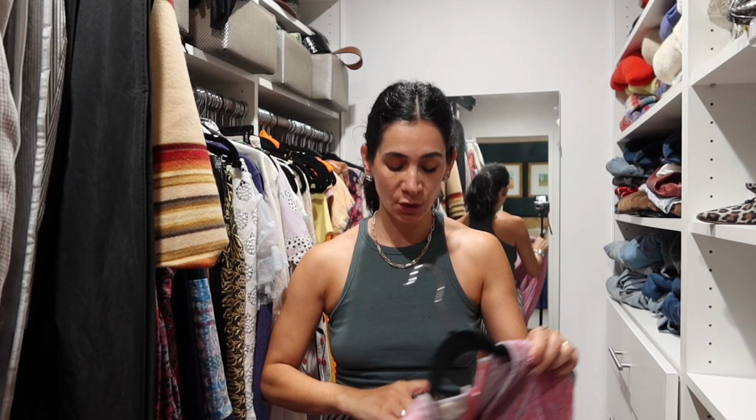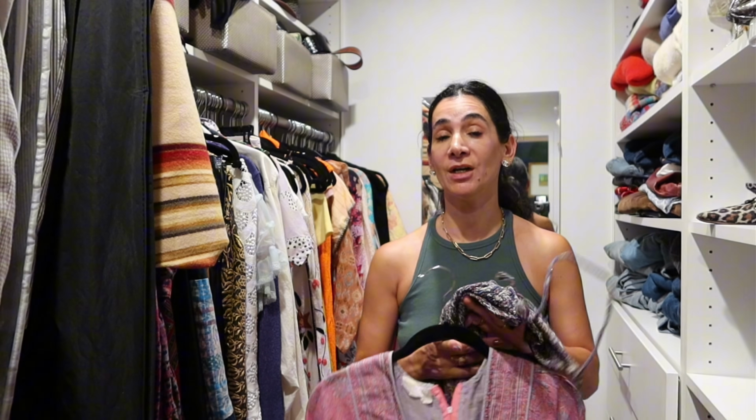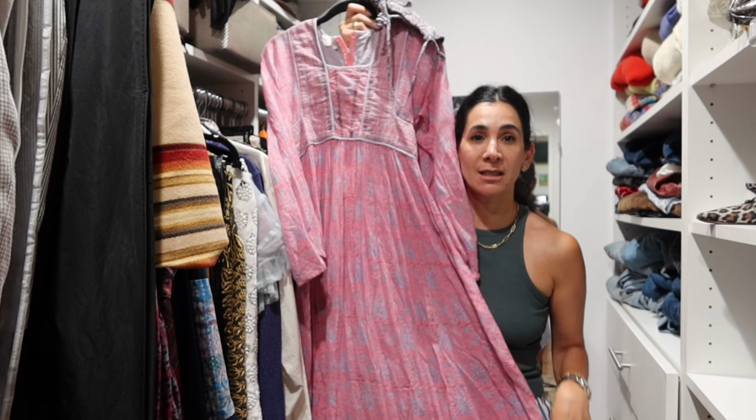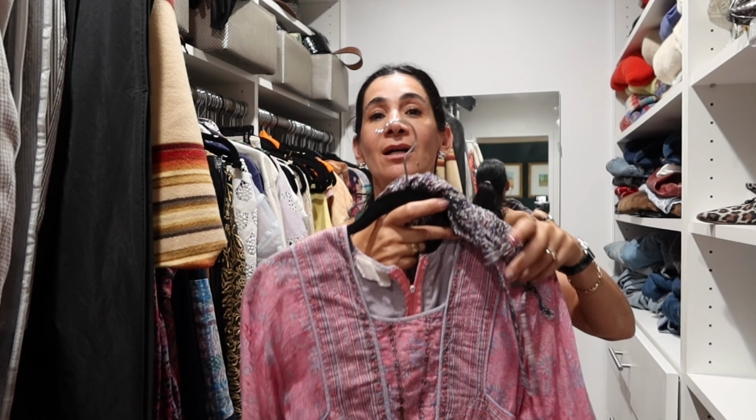If you live somewhere with milder temperatures, you may not even swap out clothes, but I do it because of space. One of my favorite things to wear year round, and they never get put away, are my Indian cotton and silk pieces. Of course these are so comfortable for the spring and summer, just really hot days, but they're